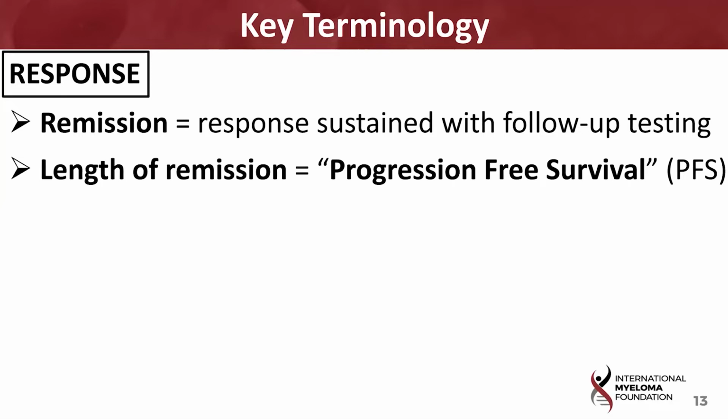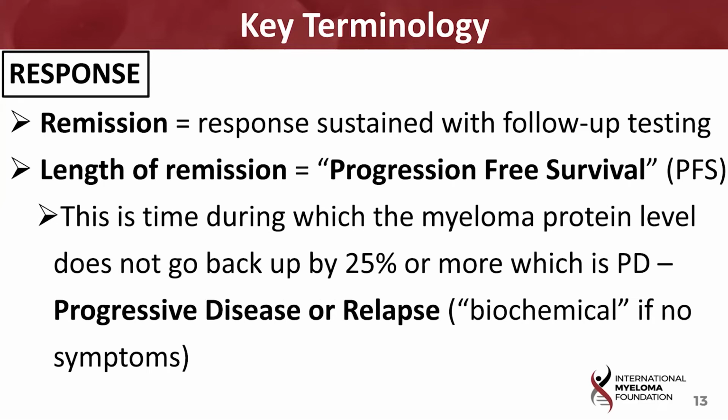And you're going to see that a lot on different slides, PFS, and that is looking at the length of the remission. And so that's the length of the time in which the myeloma protein stays down. So if it's dropped down from 4 to 2 to 1 to 0, and it stays there,